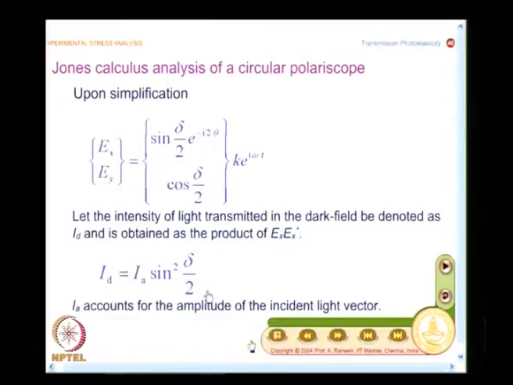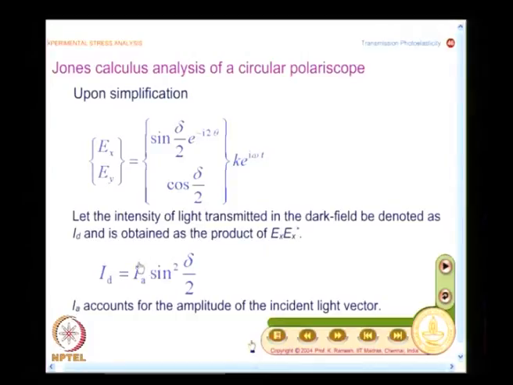There is absolutely no change between the two. And this expression is very clear. When I keep the analyzer vertical, it will allow the y component, then this expression will change to I_a cos square delta by 2. And we label fringes as dark contours.